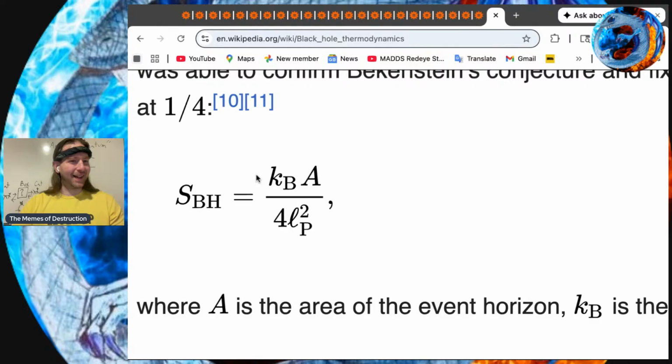This is Boltzmann's constant. All right. This is basically the thermodynamic constant. Long story short, anything with temperature, you basically need this. It's about the potential microstates and how they could reconfigure. This big A is the area. So we've got a constant, we've got a proposed maximum area of curvature, and then we divide it by 4 Planck length squared, so basically 4 Planck areas. Okay, cool. So what do